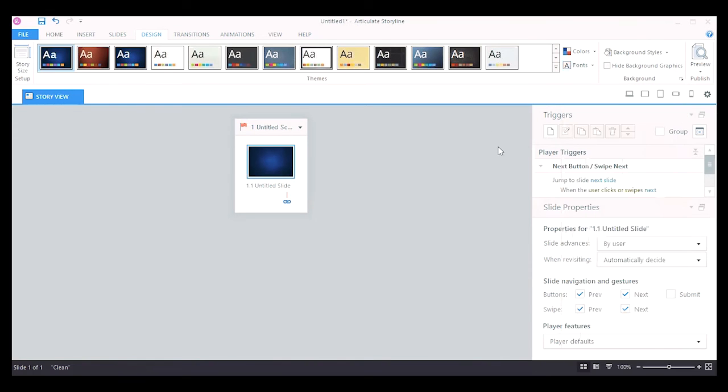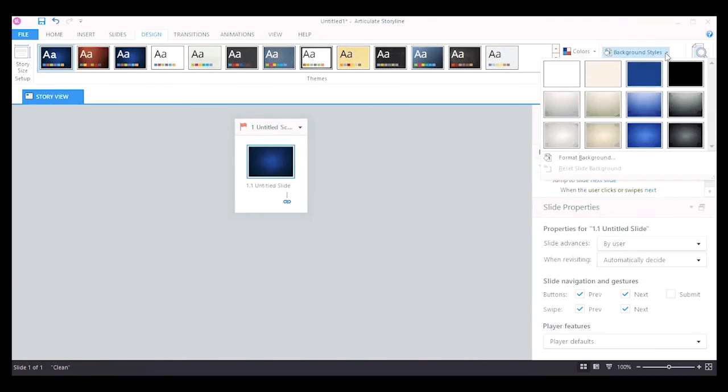This brings us to the other option, that is of background styles. If we click on this option, we can see that based upon the theme that we had already selected, it is showing us the options of having different style effects, and we can also format our background.